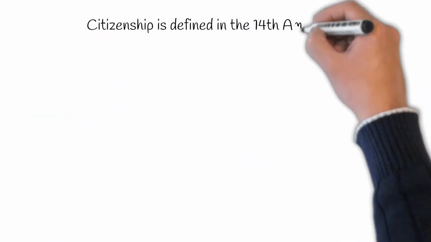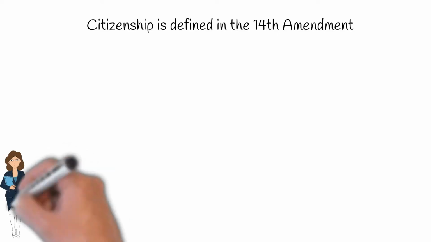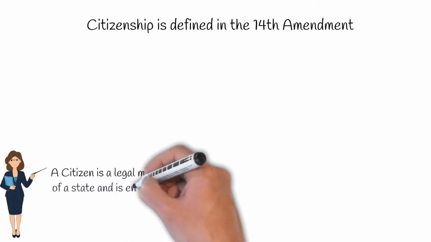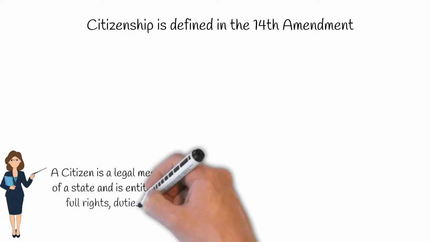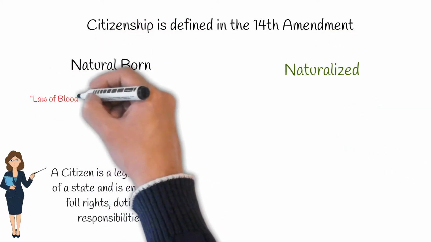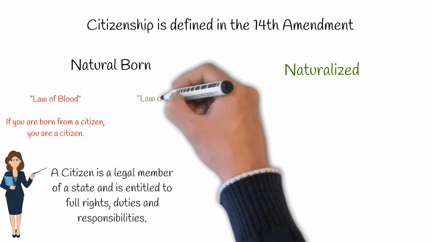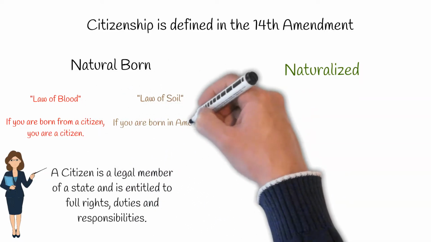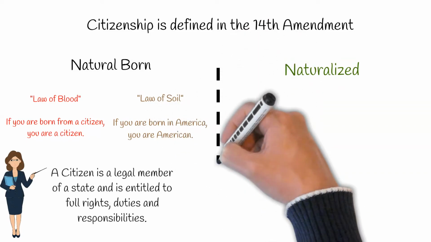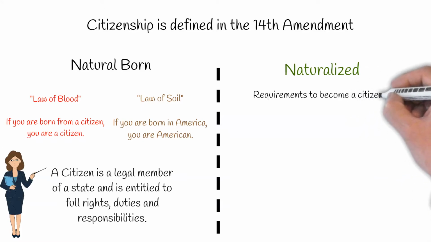Okay, so let's wrap up. Today, we learned that a citizen is a legal member of a state and is entitled to full rights, duties, and responsibilities to that state. We also spoke about how citizenship was not in the original Constitution. It was later added in the 14th Amendment. And we know that the 14th Amendment gives us two ways to become a citizen: natural born and naturalized. We also learned that there are two ways to be considered a natural born citizen: law of blood and law of soil. Law of blood says, if you're born from a citizen, you're a citizen. While law of soil says, if you're born in America,